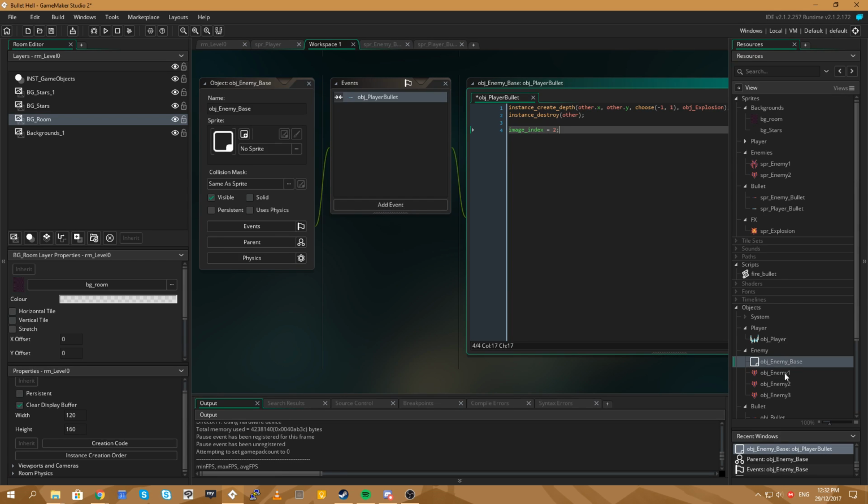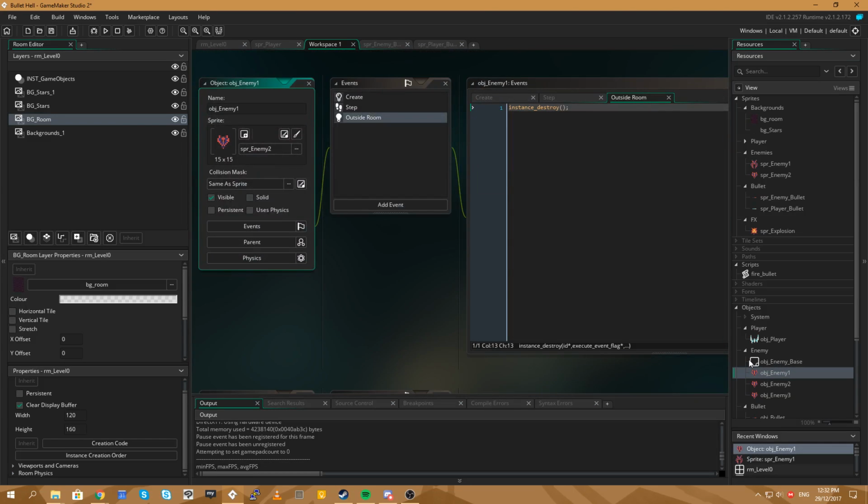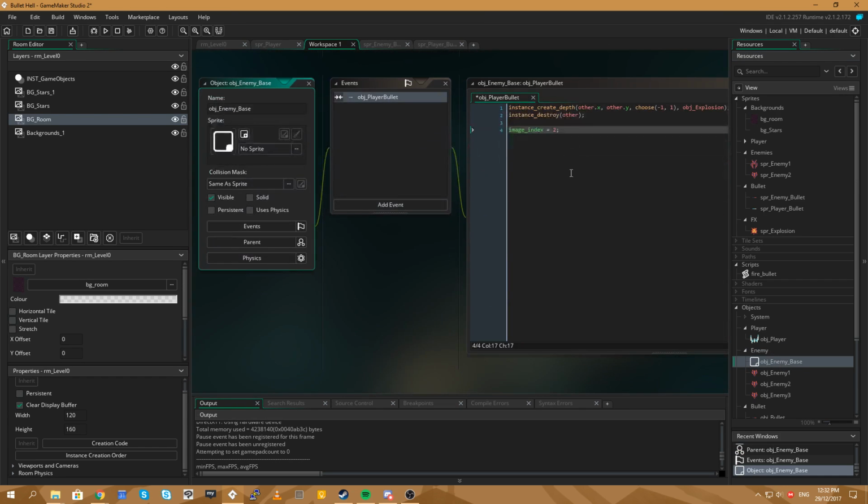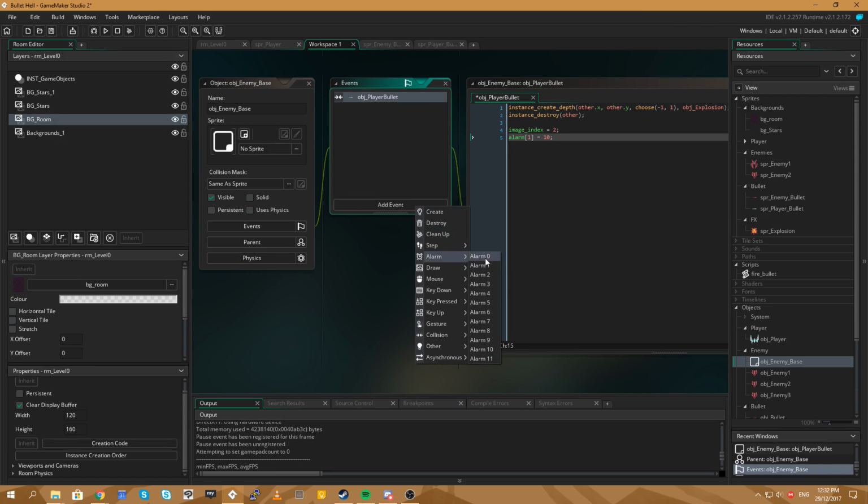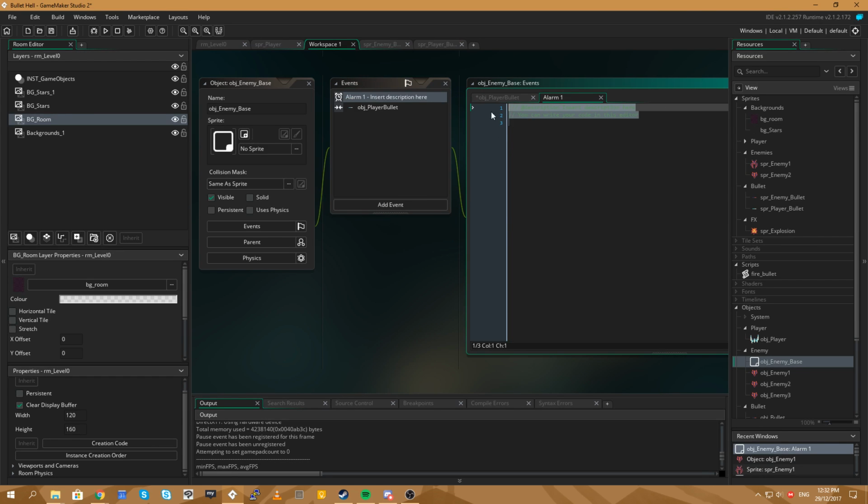And then after they fire a bullet, so before they fire a bullet, no. I tell you what, let's do it like this. When they've been hit, they go to 2, and then a timer is started. So this will be alarm, we're just going to use alarm 1. The timer is going to be for 5, let's make it 10 frames. Then in alarm 1, we will say that the sprite goes back to normal. So return the sprite back to normal.